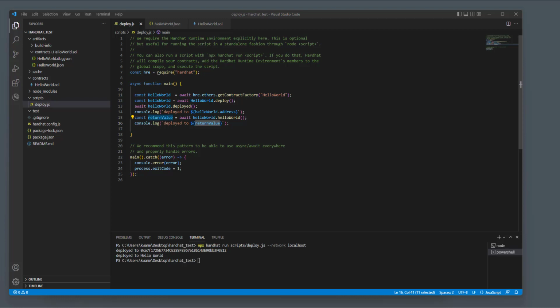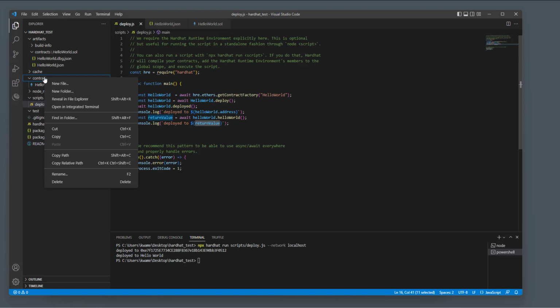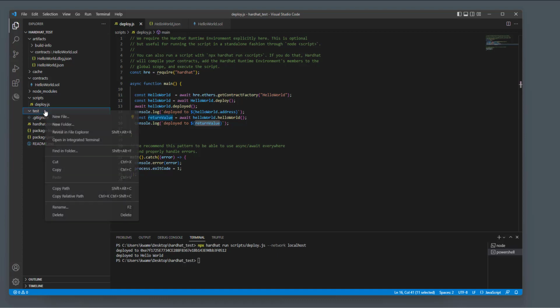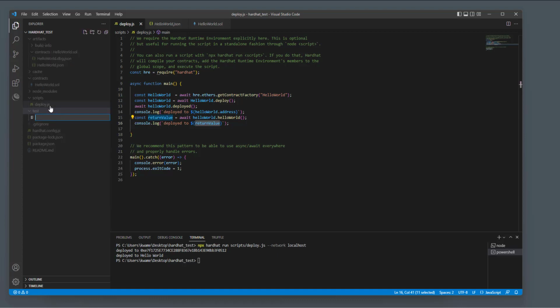Okay, so the next part was to create a manager class. So we'll go into contracts, we'll right click. Oh, actually we have a test. So inside of our testing folder, we'll create a new file. We'll call it hello world.test.js,